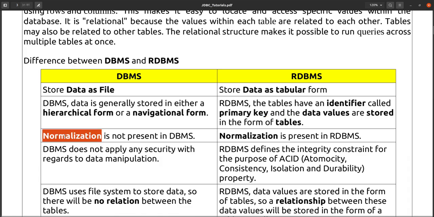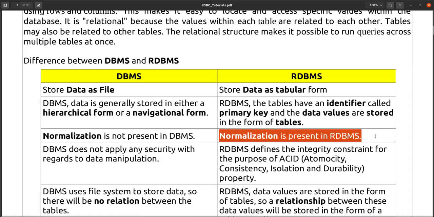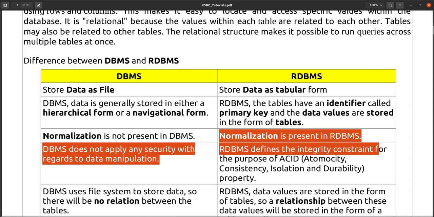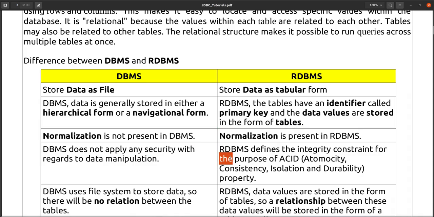Normalization is not possible for DBMS, but for RDBMS normalization is possible. DBMS does not apply any security, but RDBMS applies some security, that is ACID: atomicity, consistency, isolation and durability. So we will see this one later.